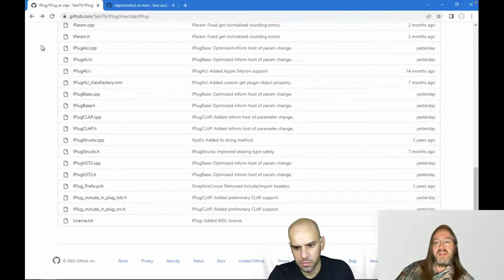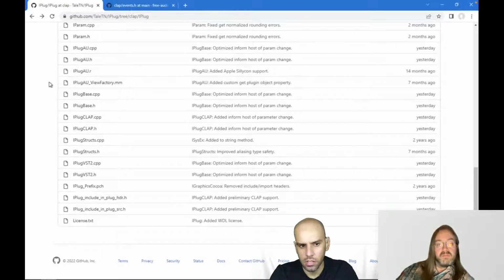So then it's very clear that nothing else can happen at the same time because your process function is running. Fair enough. And also the output parameters can then again have a timing index, so you can do it sample accurate, which is something you cannot do in VST2 because you're calling the host callback from the GUI thread. The moment you do that, any precise timing is out of the window.